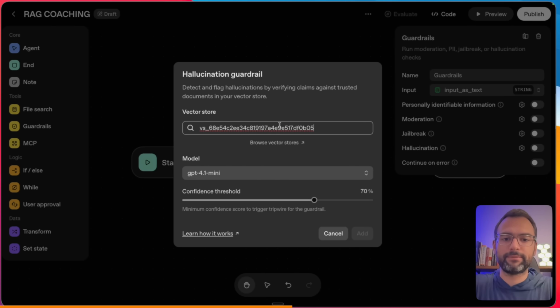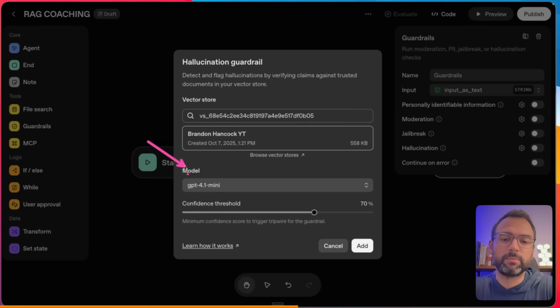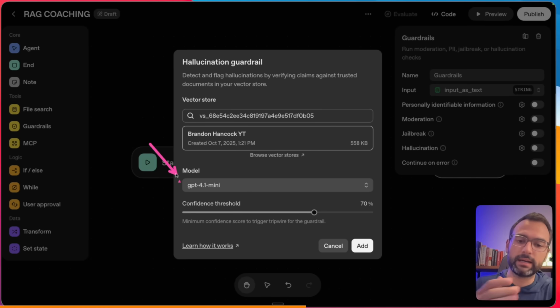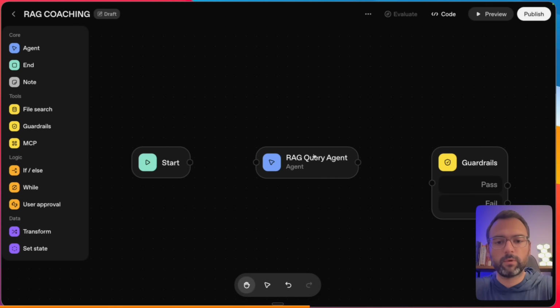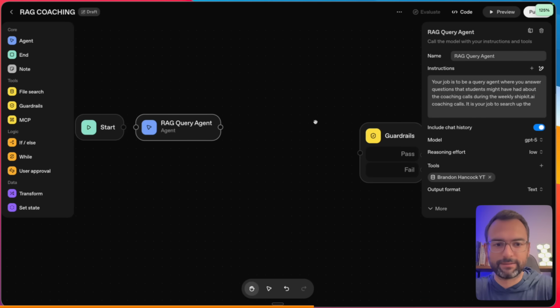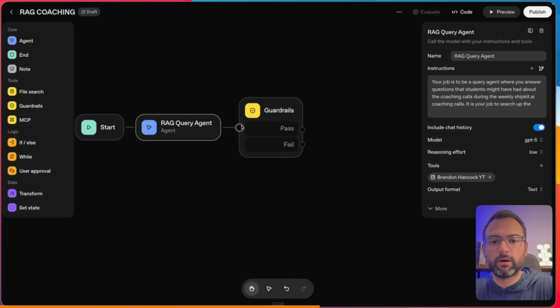And actually, I think I might have it pasted still. Yeah, so you can see this is the vector store and we're going to just say add. If you wanted to, you can pick the model, you could pick the components. But basically for hallucination guardrails, we just want a quick model to say, does this look valid? Is this not valid? If so, proceed. So now what do we need to do? My one complaint is I wish the editor was a little bit bigger, but in our case, what we can do is pass our results from our agent